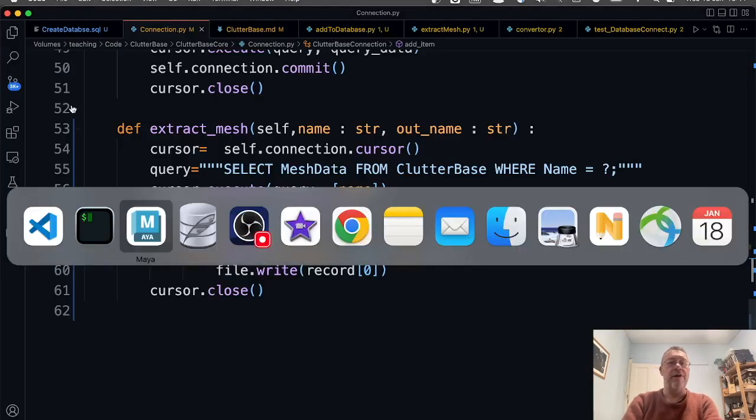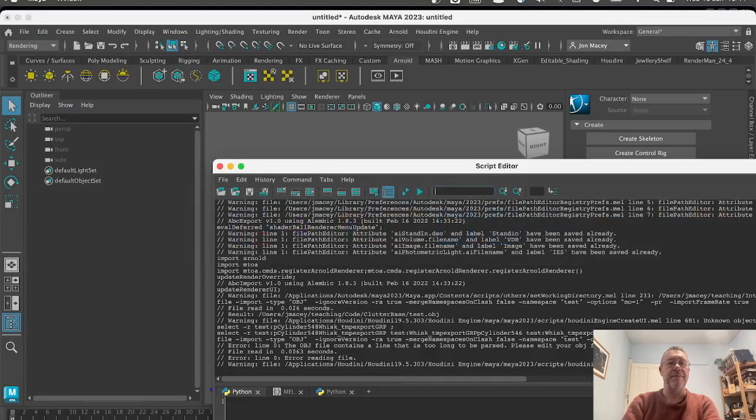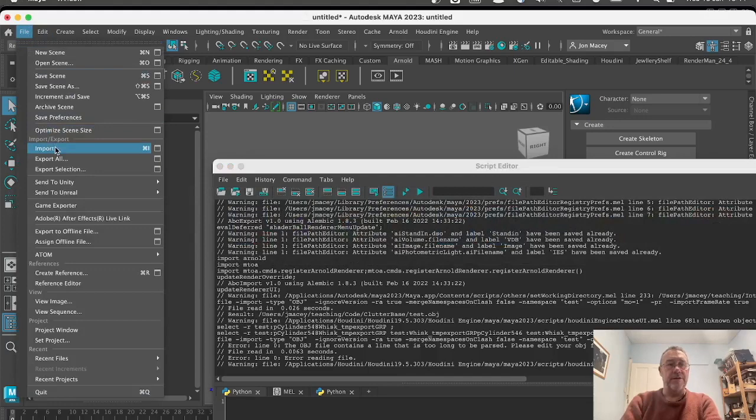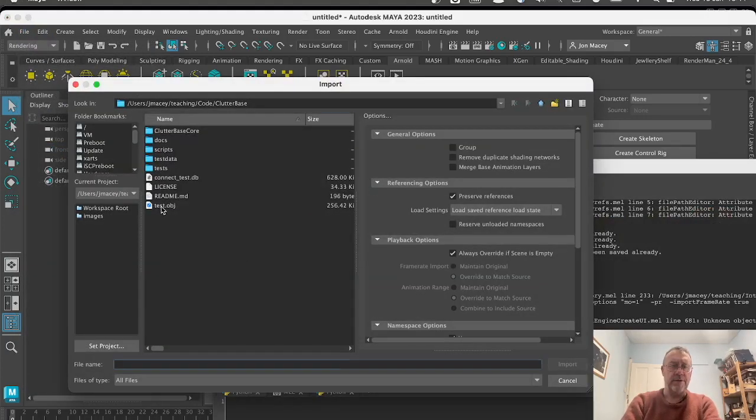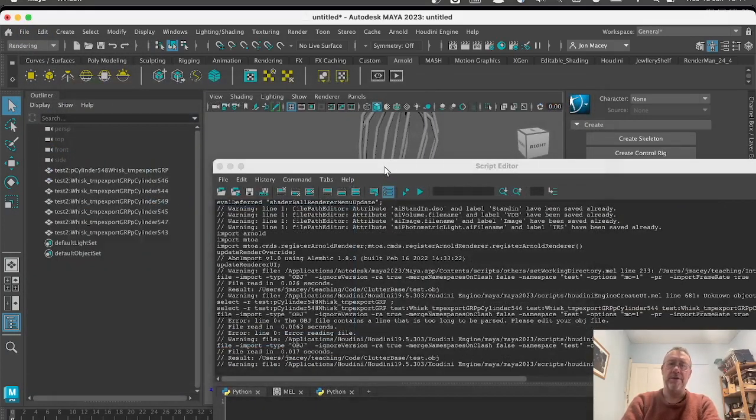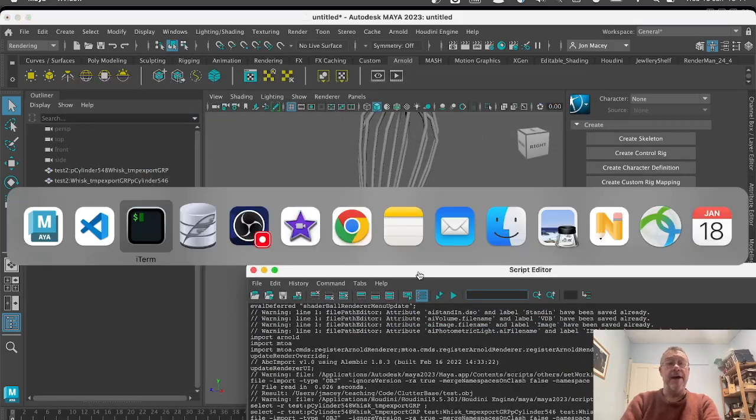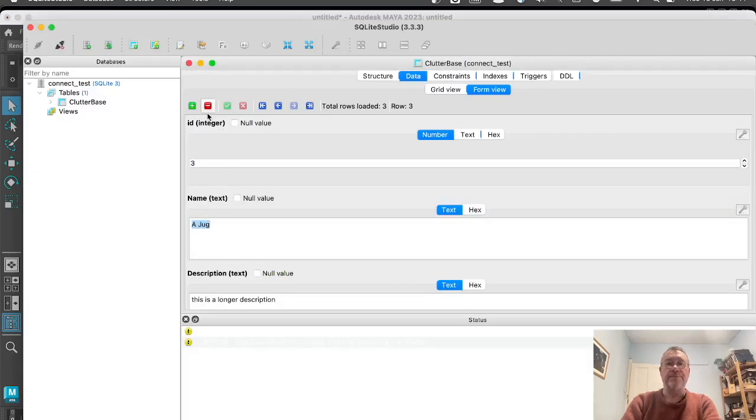So there's a few rough edges to sort out on this demo at the moment. Let's just do another import test.obj. There you go. You can see the whisk has worked. If we have a look at all the data in here, what else have I got? A jug, a whisk. I've only got 2 whisks in there, so I might need to have a look at this jug